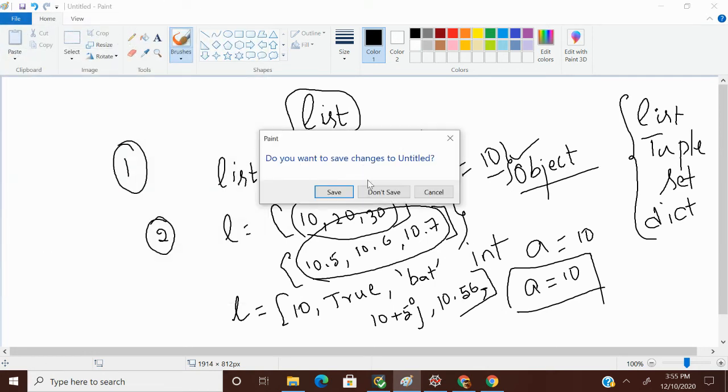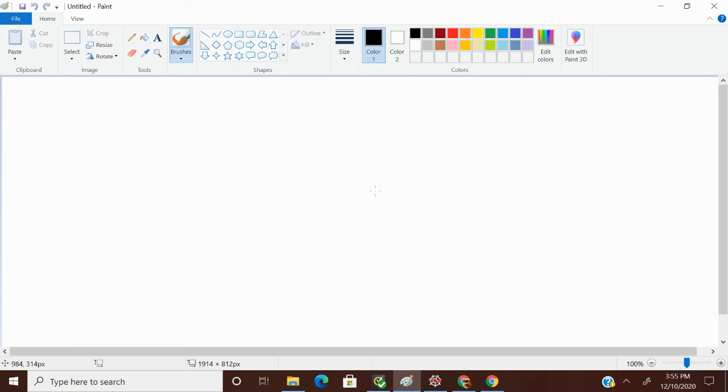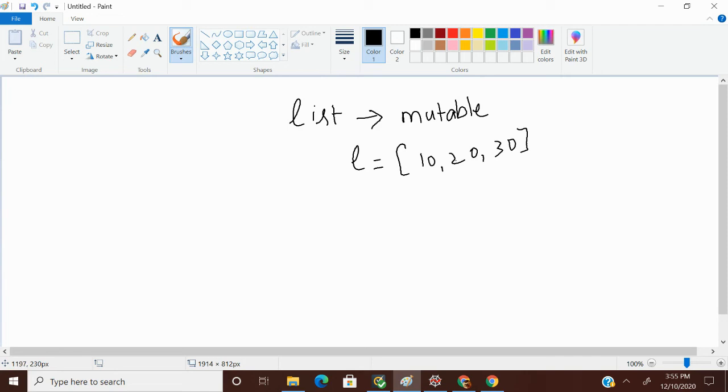Coming to another point, list is mutable. Mutable means, L is equals to 10, 20, 30. This is my list. I can add, update, delete within the same variable.